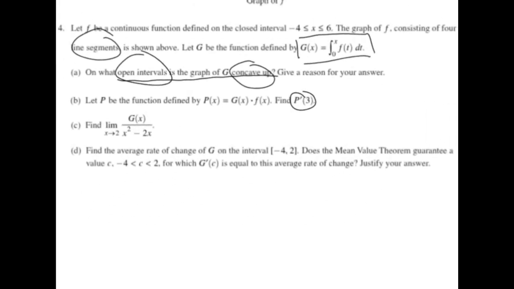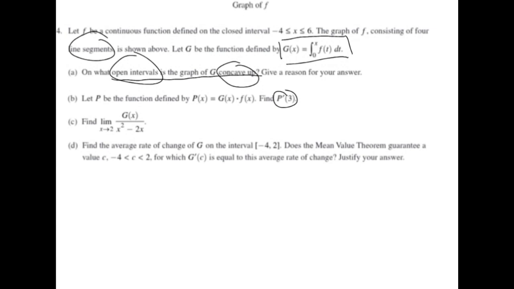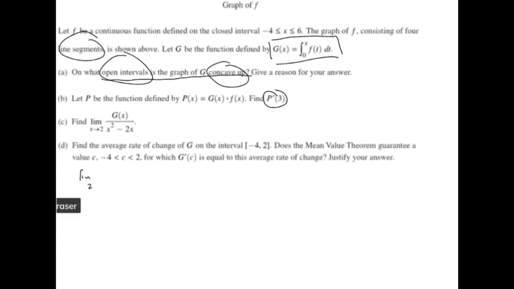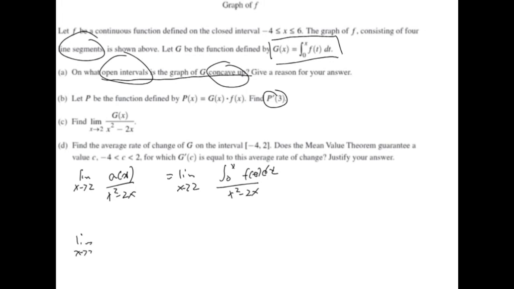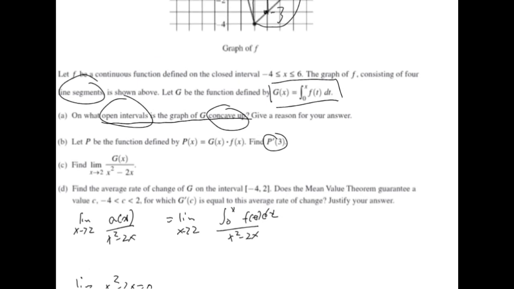Now we're on number C. So it gives us the limit as x goes to 2 of the integral of x squared minus 2x, which is the same thing as the limit as x goes to 2 of x squared minus 2x. Immediately we'll recognize that the limit at the bottom equals 0. So something has to be up. And when we look at the graph,